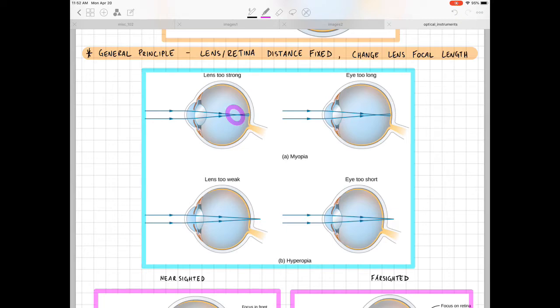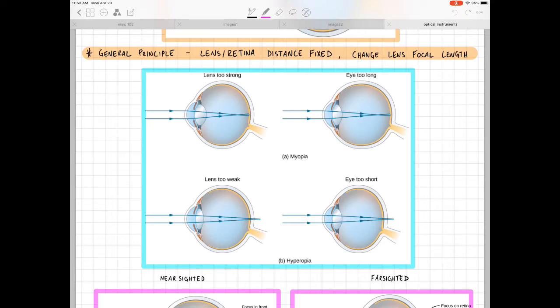So you need the rays to converge more slowly, but for whatever reason, the lens in your eye isn't able to adjust, and so things will come into focus before the retina. When the rays hit the retina, things will be blurry because